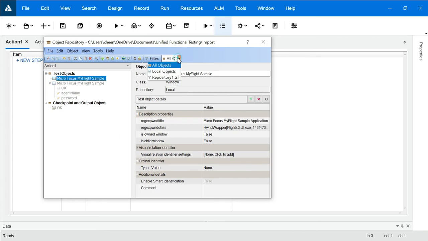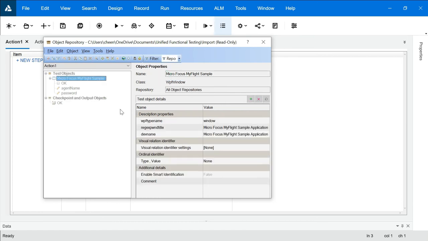Let's check it. So you have three options now. All objects, local objects, and repository. Let's say I want to see object of repository only. Those objects which I have imported from repository. I'll click on that. Look at this. All of these objects are grayed out. That means these are read only. If you click on them, you want to type anything, you want to edit anything, you cannot edit because these are read only.